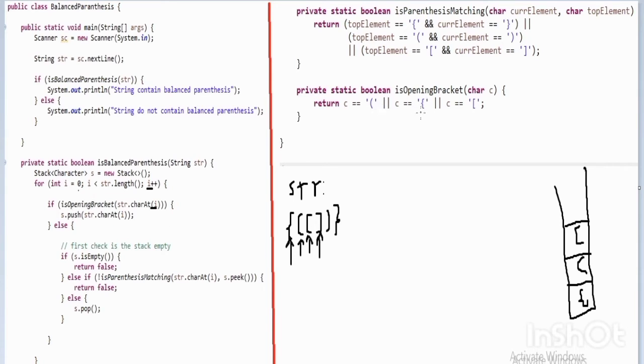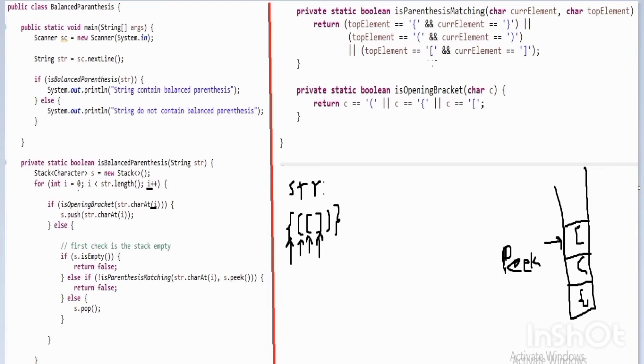Okay. Now check the isOpeningBracket condition. So it is not an opening bracket, so it returns false. So this condition is false. Check the else part. First we check whether the stack is empty or not. No, it is not empty. Now check the else if condition, isParenthesisMatching of str.charAt(i). At the ith index, that closing square bracket is present, and s.peek, at the top of the stack, that open square bracket is present.